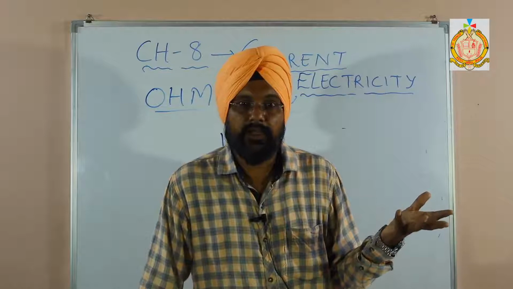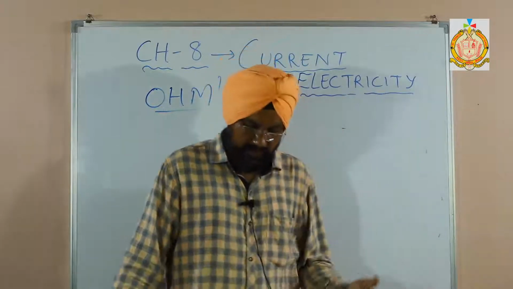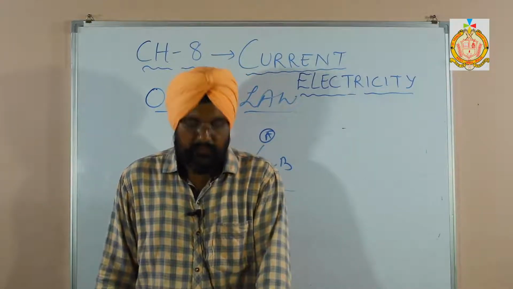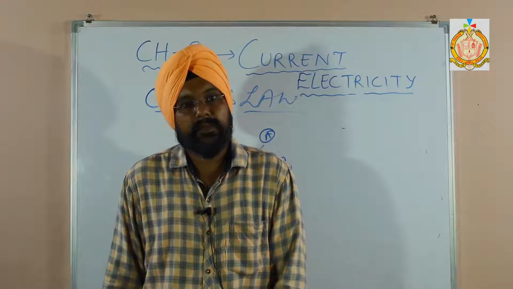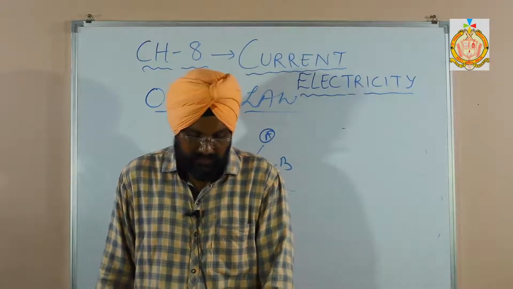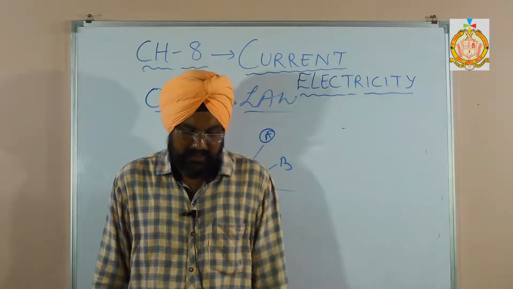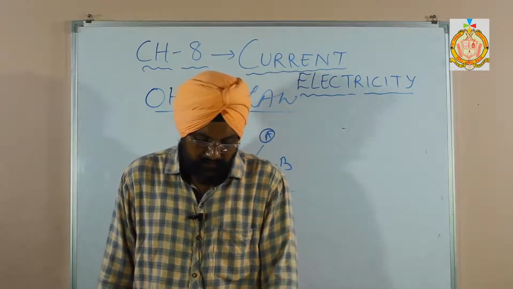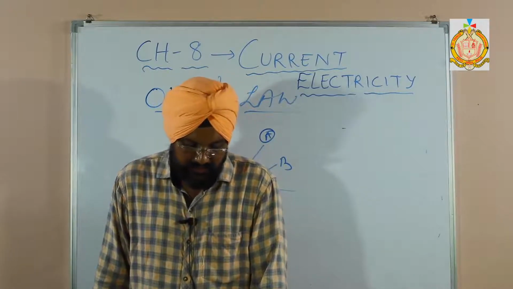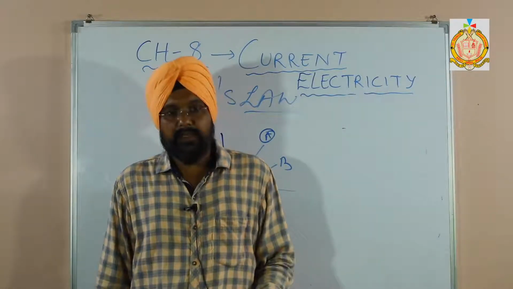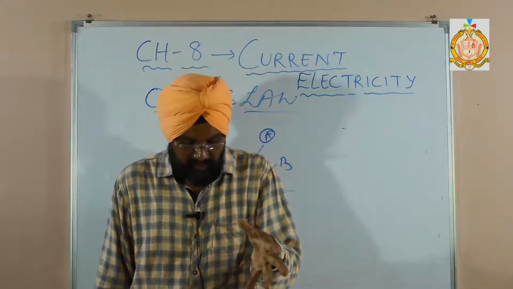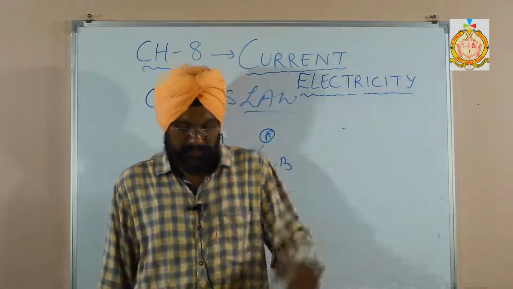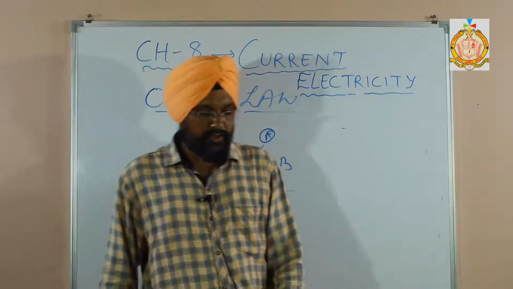Why do we ask for copper wire? Because copper has less resistance. Different materials have different resistance. If it is more concentrated, it has more resistance. A substance which has a large concentration of free electrons offers less resistance, therefore it is called a good conductor. But a substance which has a negligible concentration of free electrons has a high resistance, so it is called an insulator.